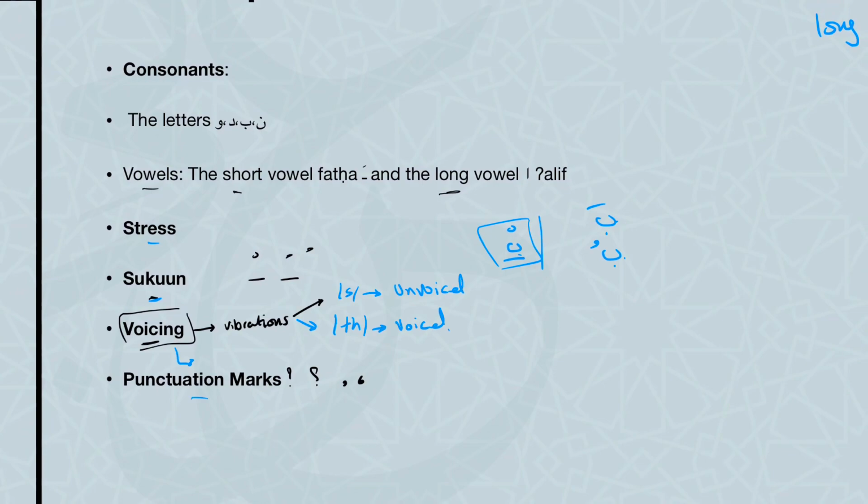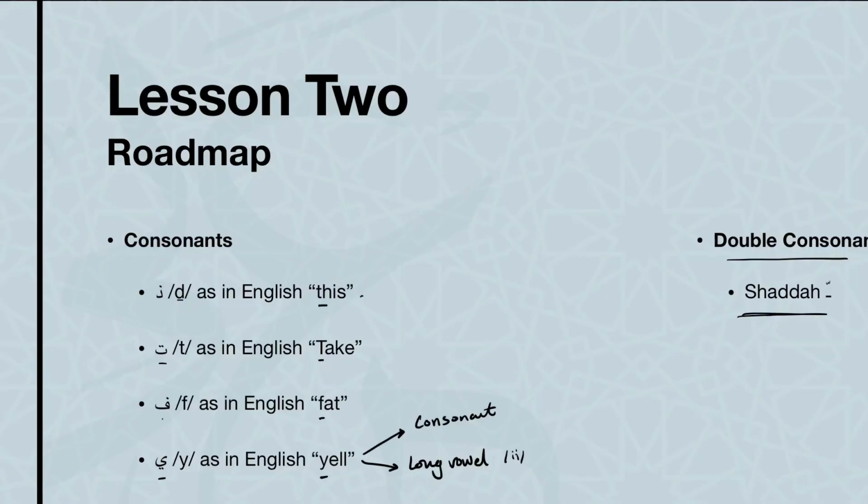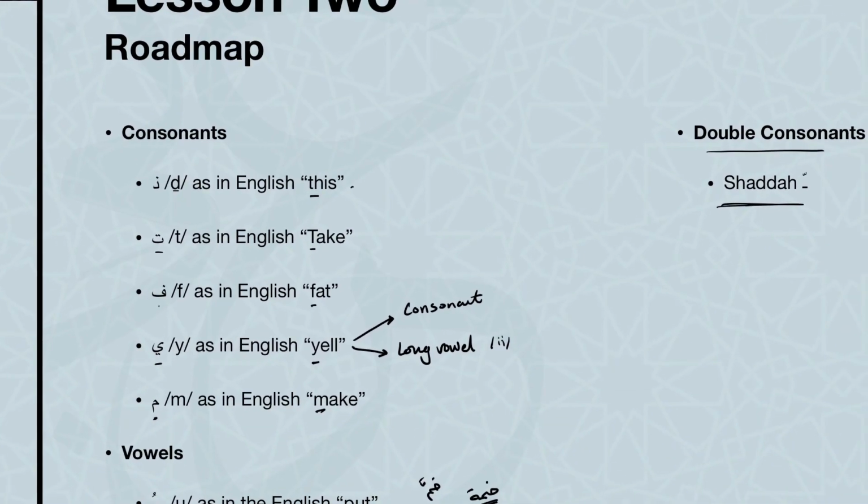And then we had a quick overview of the punctuation marks in Arabic, how the question mark in Arabic is reversed because Arabic is a right to left language, unlike English, which is mirrored. In lesson 2, we learned more consonants: the th and t, th, and ya, and mim. And again, I am going to go back to ya and say that ya is one of those letters that